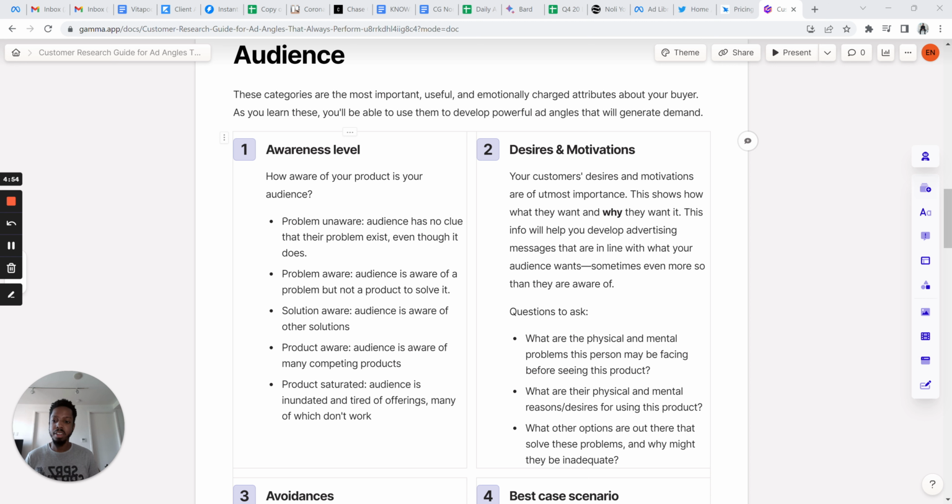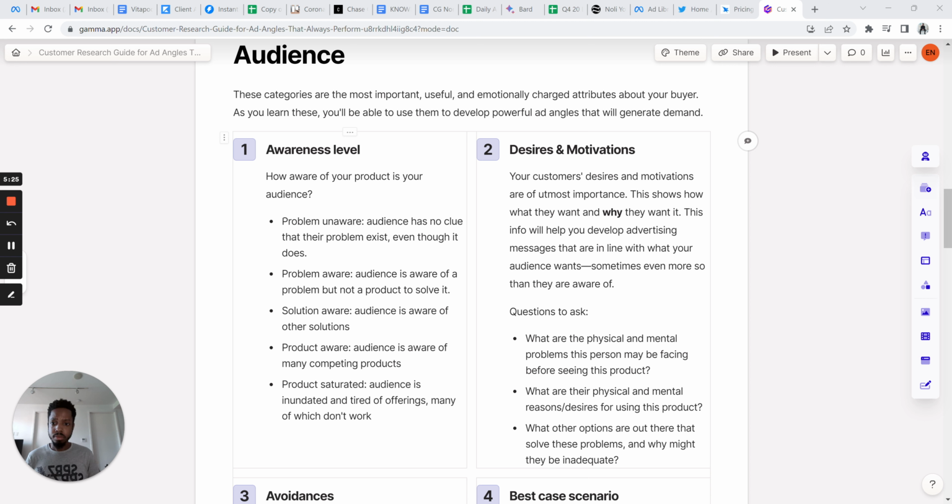You just wouldn't. Because for one person, it'll be completely ineffective because they've heard these claims already, and now they're less sensitive to it, versus the first person who essentially has never heard of this and they need someone to open their mind to how it can possibly work, right? So the first stage, problem unaware, is when the audience does not know the problem exists, even though it does. This is either for a new product or for a product about a problem that was not previously seen as